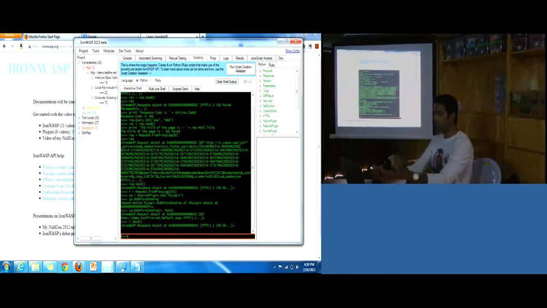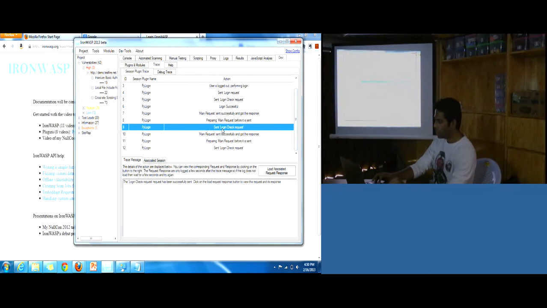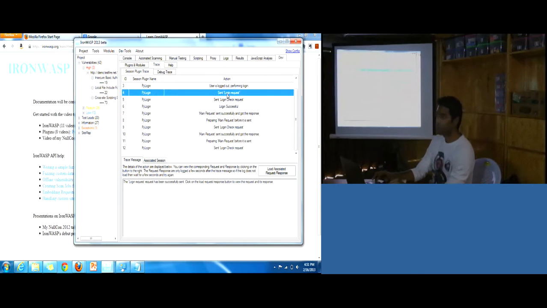So now what you can do is, before you send a request, you create a session plugin where you program your authentication, and then you call the do before sending method of that session plugin. So when you do that, what will happen is, if you come down here, you can actually see that it did a login one more time, right? And then it sent your request. So this way, in your script, if you're logged out, you can log yourself back in, and then you can do your stuff.